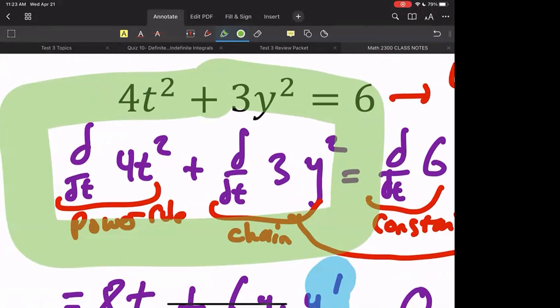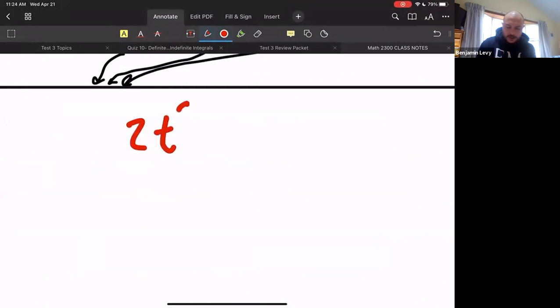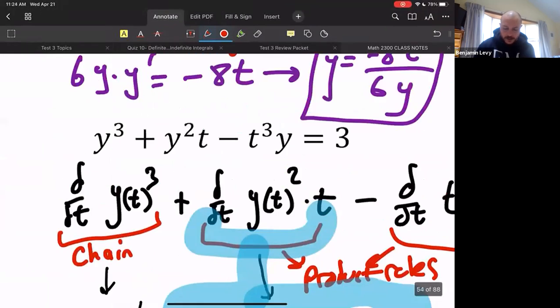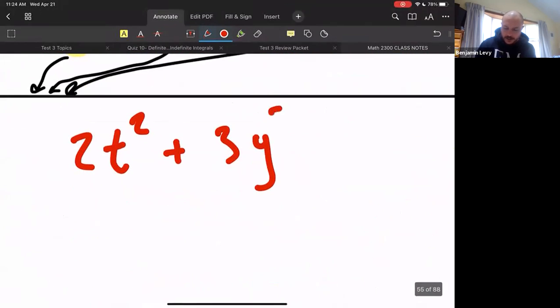And pretty much that would be like the 3y squared. That's pretty much 3x squared, but it's y. Y is pretty much representing x. Let's talk about the 3y squared part. So that problem had, what was it, 2t squared plus 3y. I'm forgetting what it was. 4t squared plus 3. That's okay. We can do it like this.